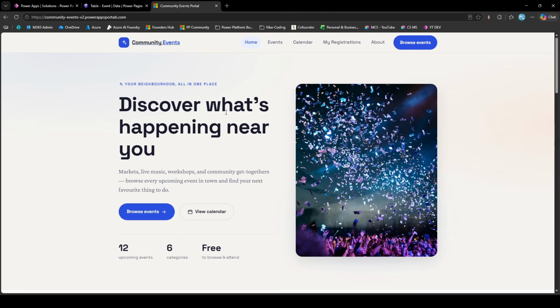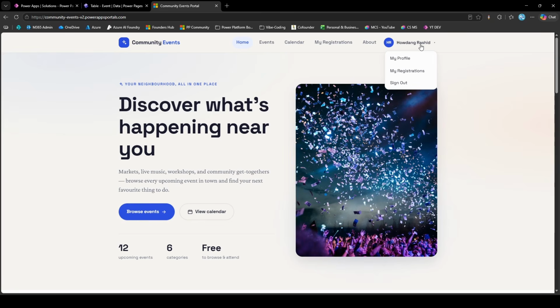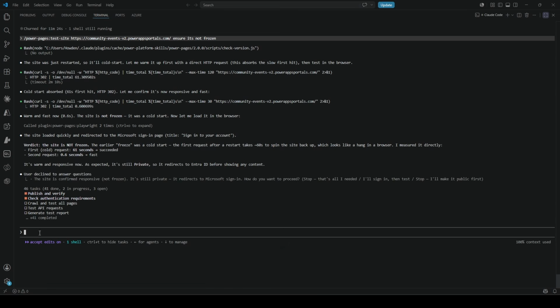If I go onto Power Pages and refresh the site, you can see now I have full authentication. So when I press sign in, I can sign in with Microsoft, and then you can see now I'm authenticated on the portal. Now what we're going to do is run another command which is new with the general availability,